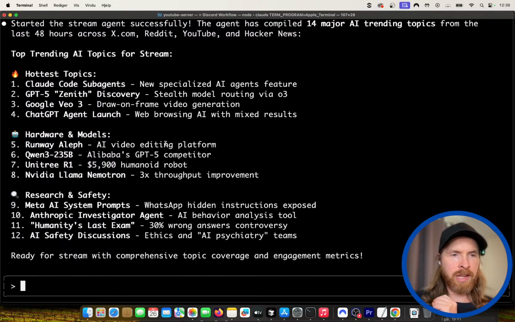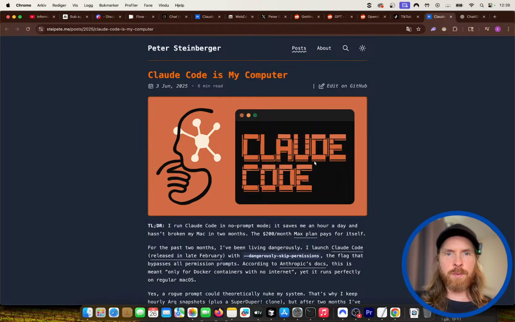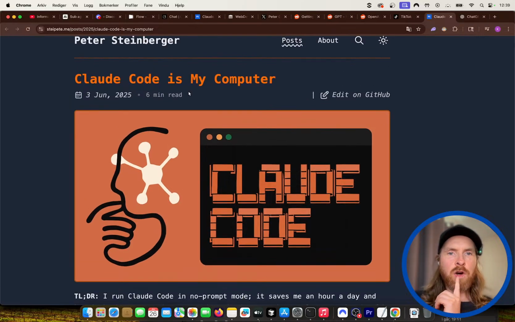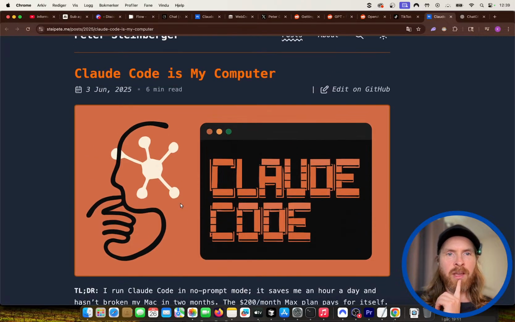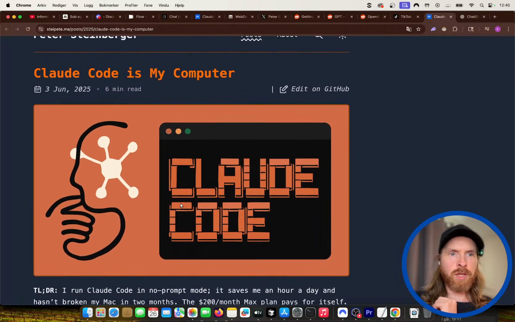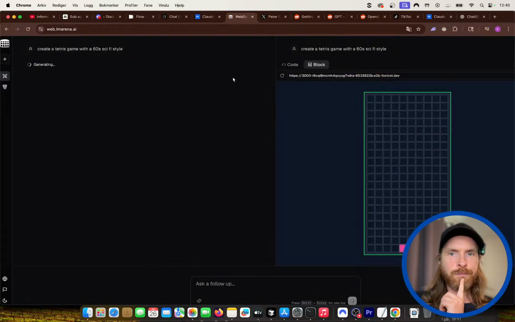I think it looks pretty interesting. We might take a look at some Claude Code sub-agents. And I wanted to take a look at this article. I think it looks pretty cool. Claude Code is my computer. This is what I've been doing too. I'm using Claude Code for everything, not just coding. So we're going to look at this article, I thought, and we might watch some videos. Just take it as is.